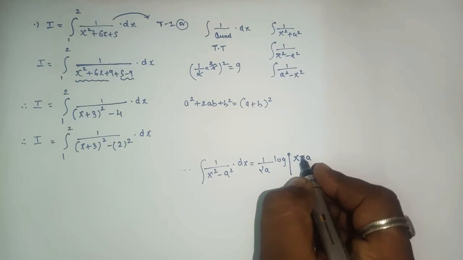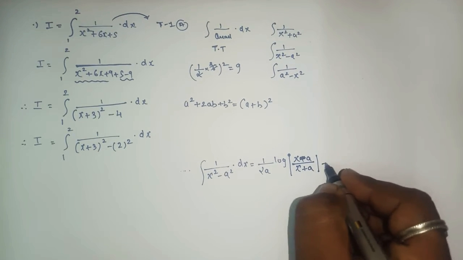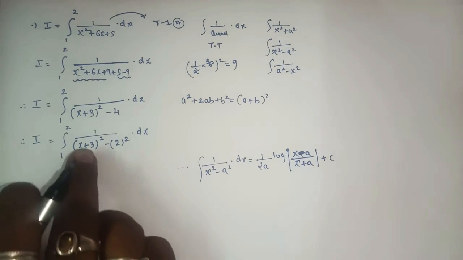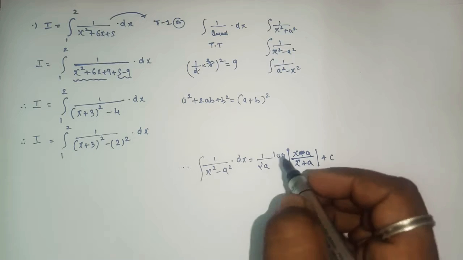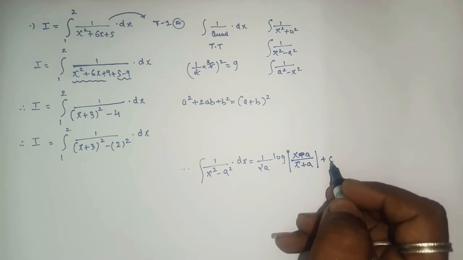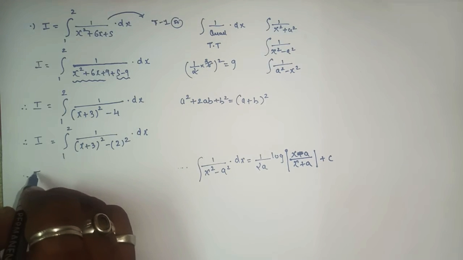So here x minus a will come upon x plus a plus c. Now we'll integrate this part with respect to x by using this formula, that is integral 1 upon x square minus a square as 1 upon 2a log mod x minus a upon x plus a plus c. But here no need of writing plus c, as we know that anyhow in the second last step the c will get eliminated. So here I equals to